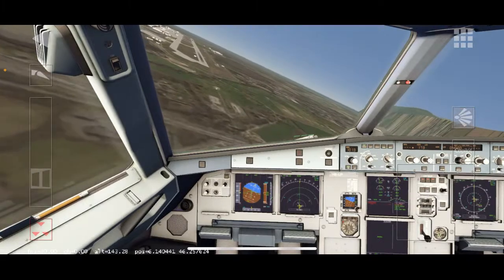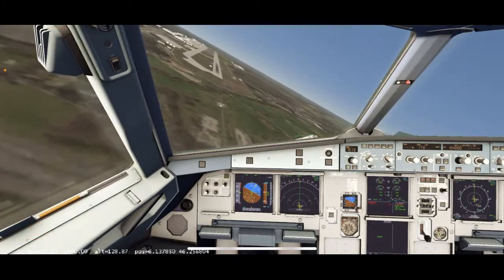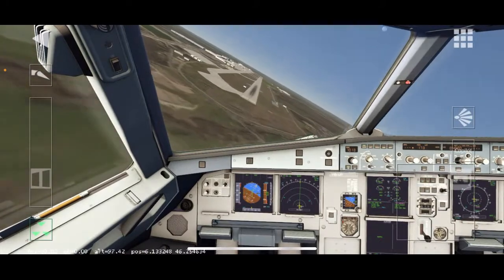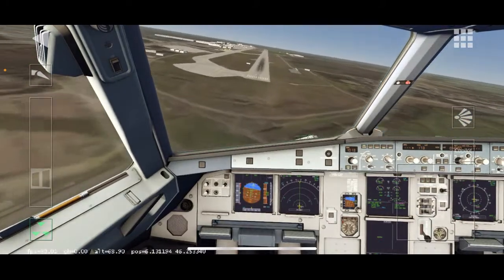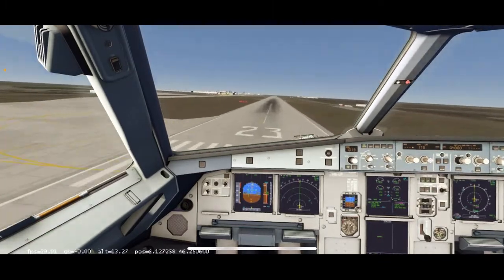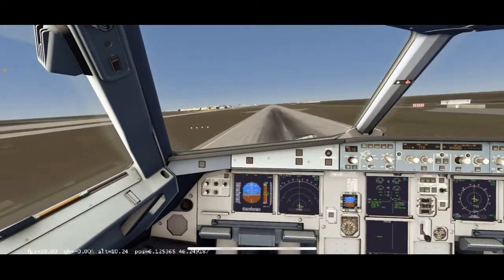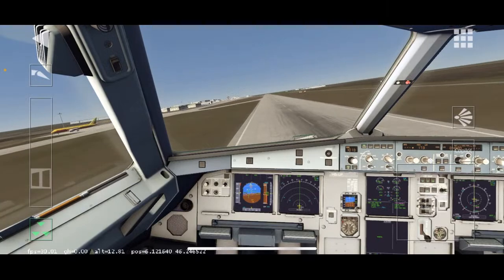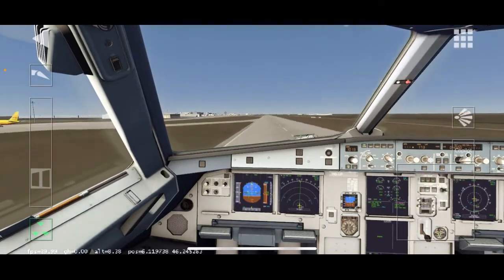Oh boy, this is gonna be a very interesting approach. Minimum. No, I need my gear back down. What are you doing? Oh, gear down. Okay. 300. Oh my god. 200. 100. 40. 30. Oh my. 20. Retard. No, come on. 30. Just put it down. 20. Oh my.